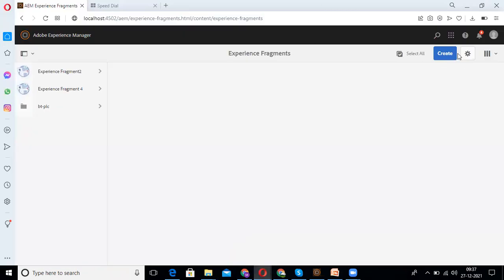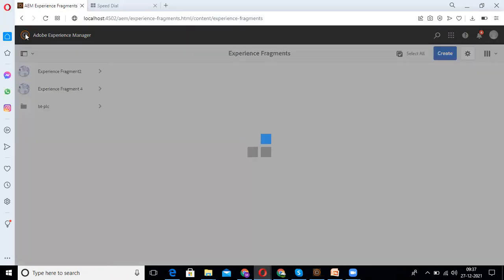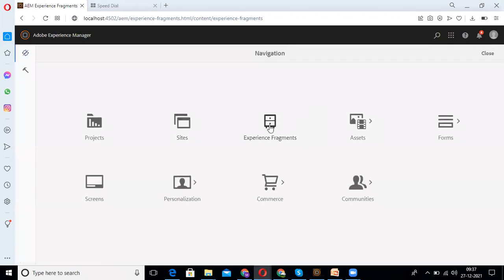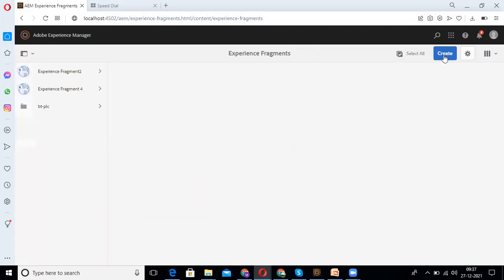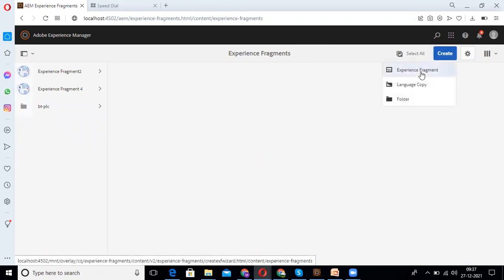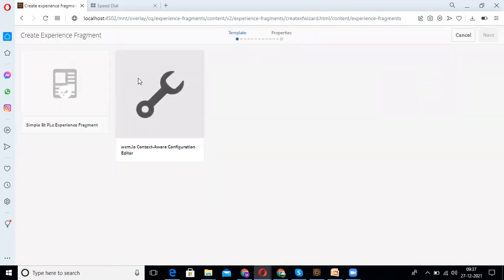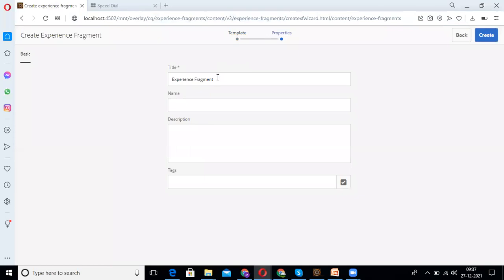So first we need to click on experience fragments. Next we need to click on create experience fragment. So we need to select a template and click on next. For the title, I am giving experience fragment something 44.